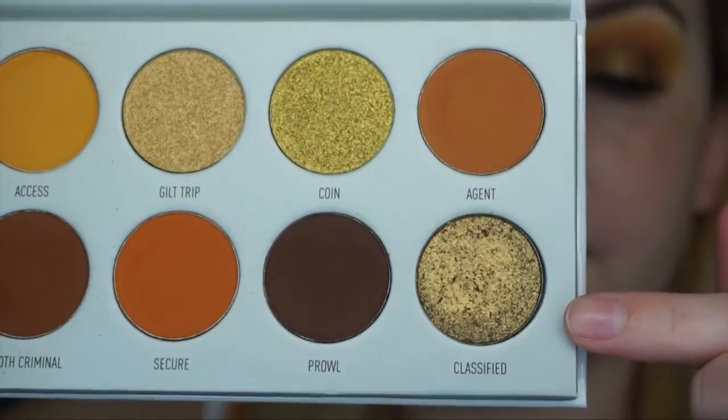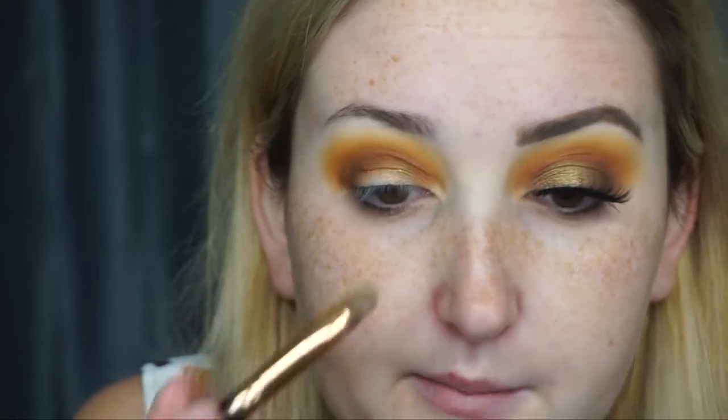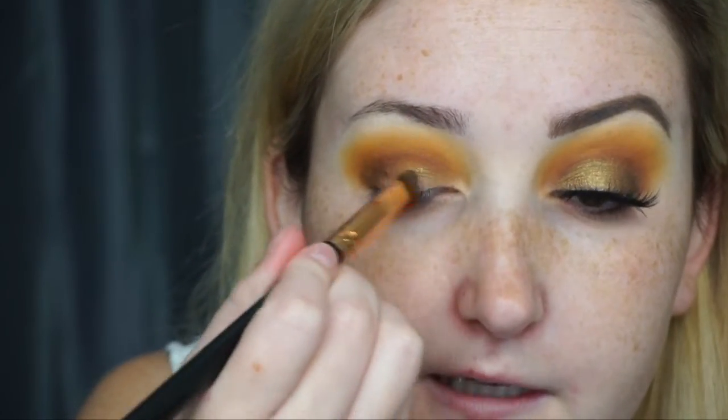And then next I'm gonna wet my Morphe R42. And I'm gonna pack on the shimmer in here called Classified. I'm just gonna pack this all over my lid, and this shade does need a lot of building up. Even after you wet it, it might be better to put it on with your finger, but I have to